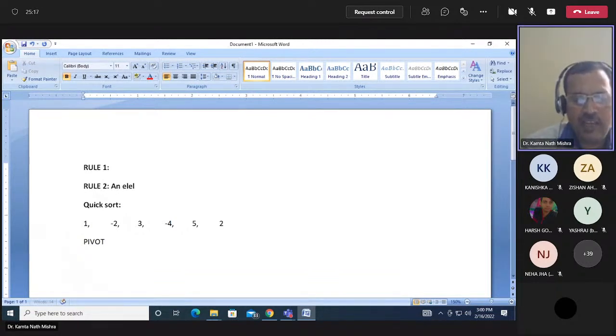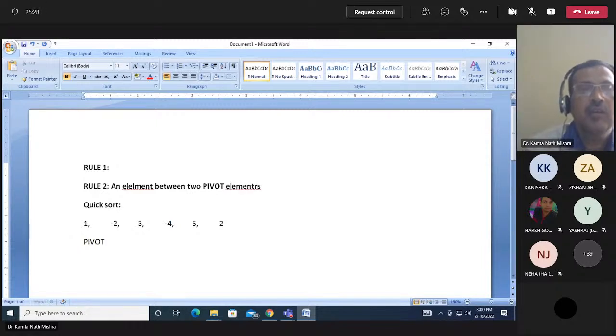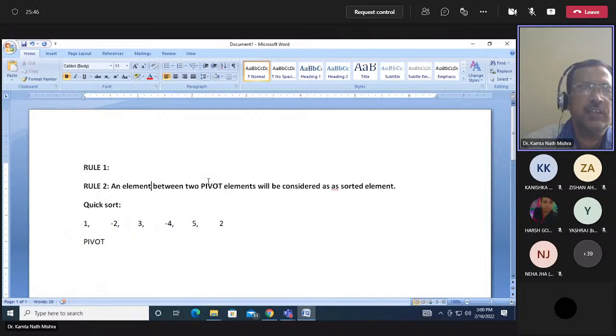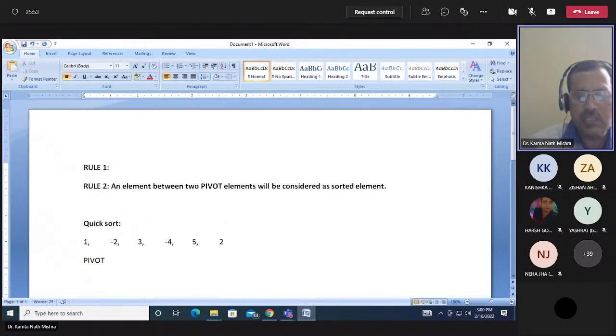An element between two pivot elements will be considered as sorted. This is rule 2. I said that 3 rules are there, and the third rule is